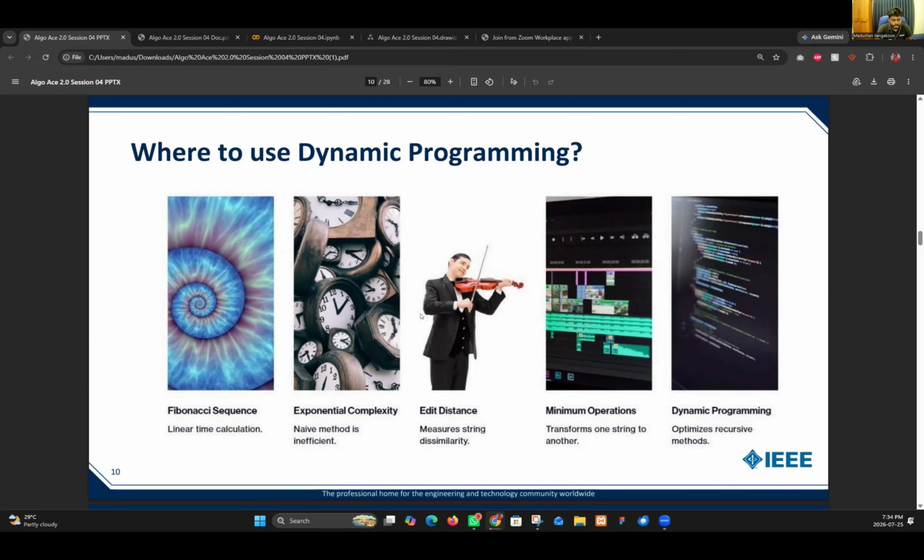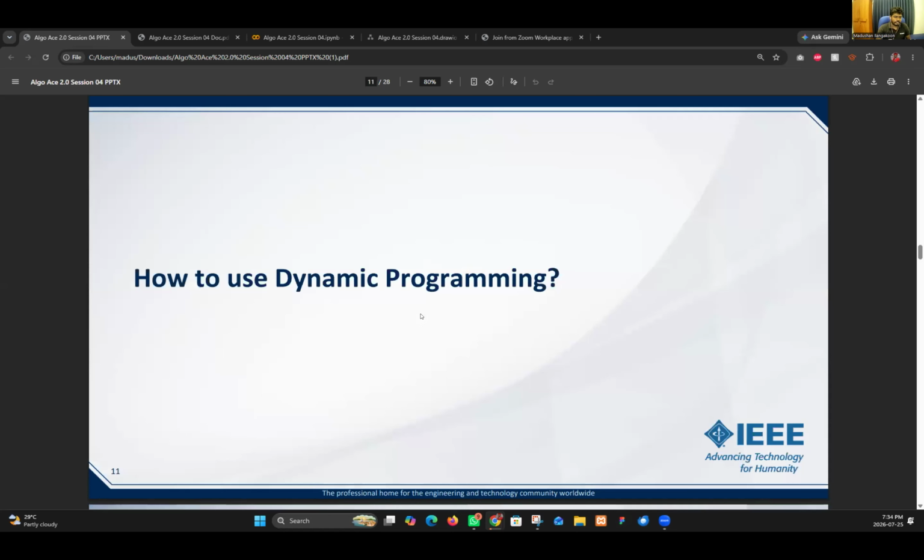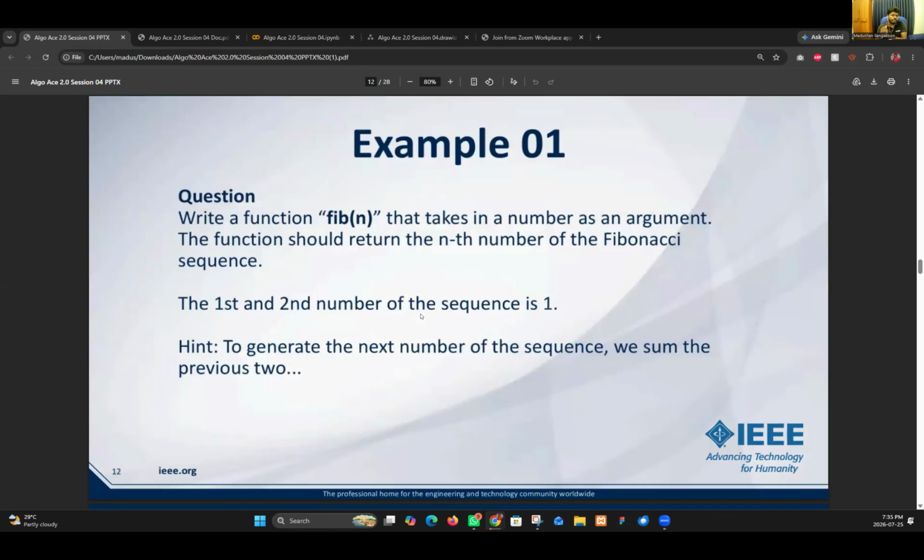Okay, so let's move on to the famous Fibonacci question, under how to use dynamic programming. This is the first example. Write a function fib, you can name it whatever you like, just write fib for Fibonacci, taking a number as an argument.